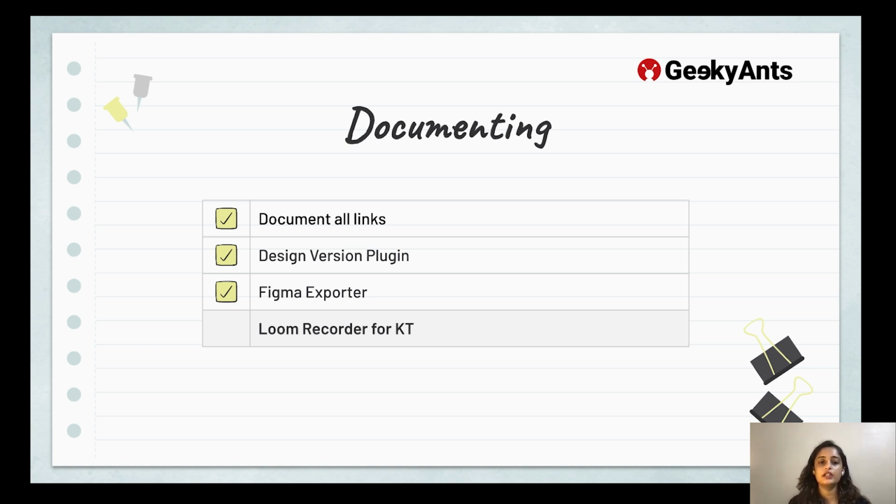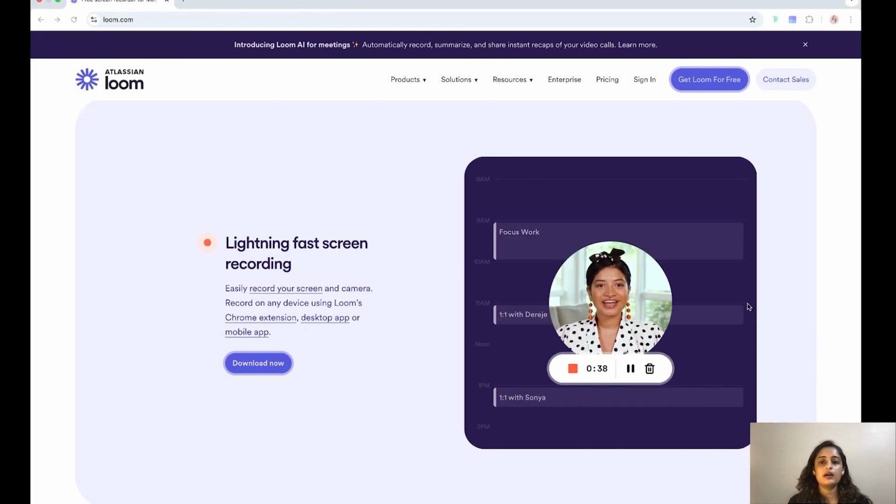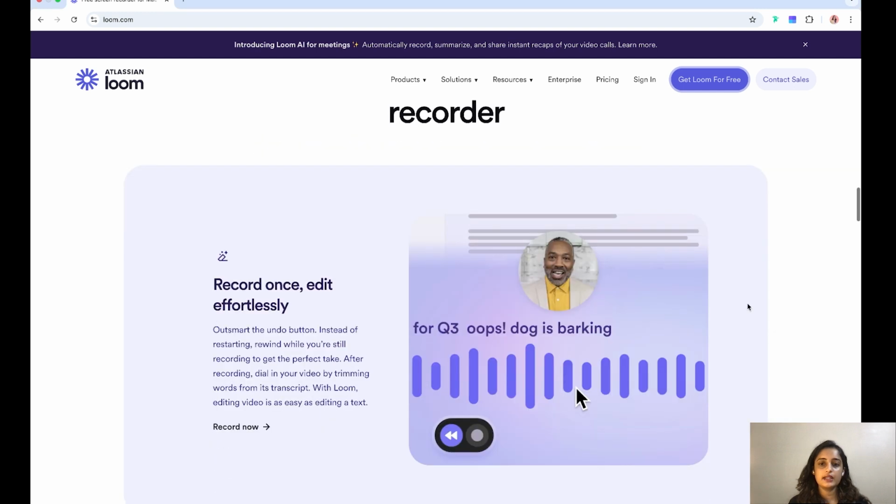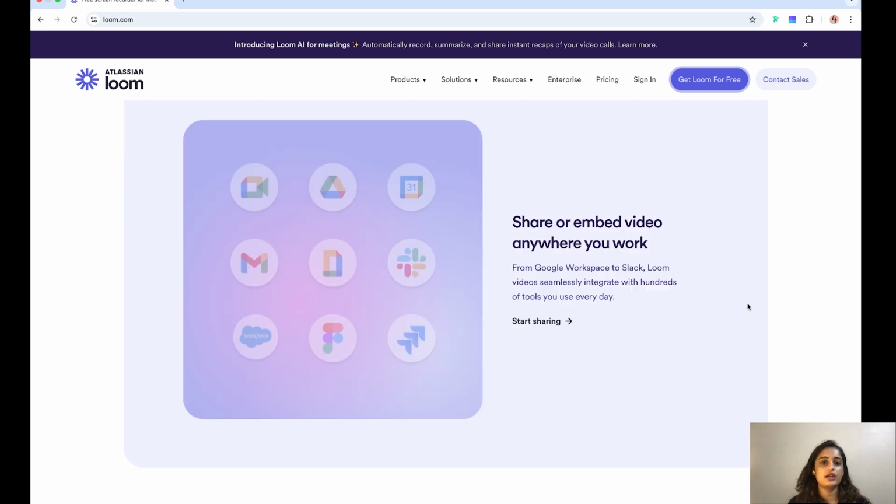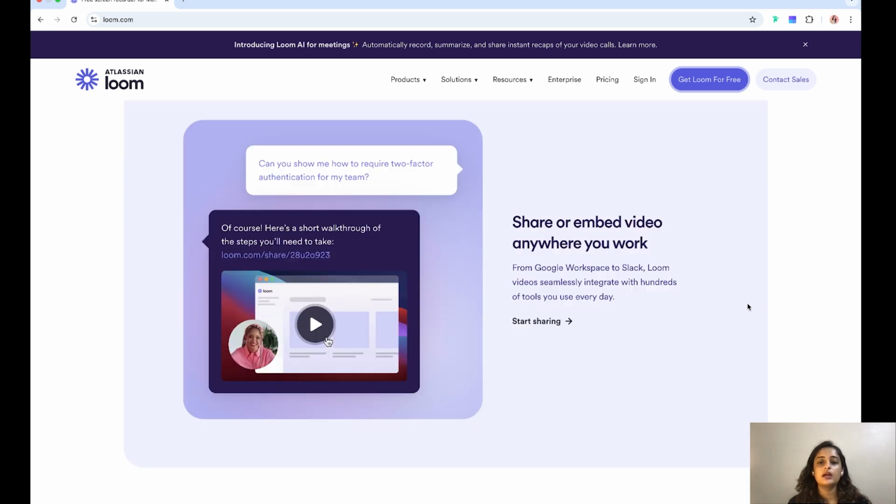So, a really good facilitator for this is Loom Recorder. It's a fast tool that lets you record KT videos and share them with your team through embedded video links. You can add them in your documentation files and share them all across Slack and other collaborative tools. So all these new innovative tools help you to up your handoff game, and it's useful for the entire team and not just for design and developer collaboration.